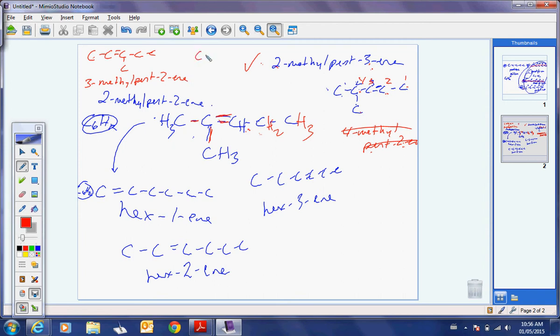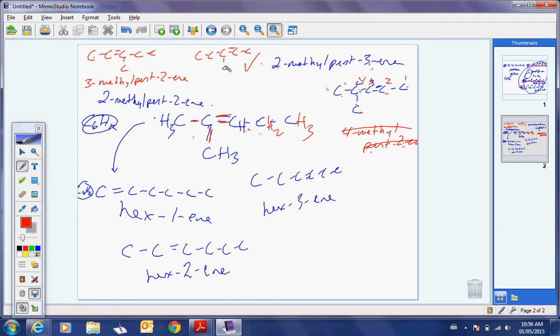Oh, 1, 2, 3, 4, 5. Double bond is going to go here, and this will go here. 4-methyl pent 2-ene. I could have lots of pent 1-enes with the methyl in carbon 2, 3, or 4. So I could have 2-methyl pent 1-ene, 3-methyl pent 1-ene, 4-methyl pent 1-ene. See how they're like lots of isomers, right?